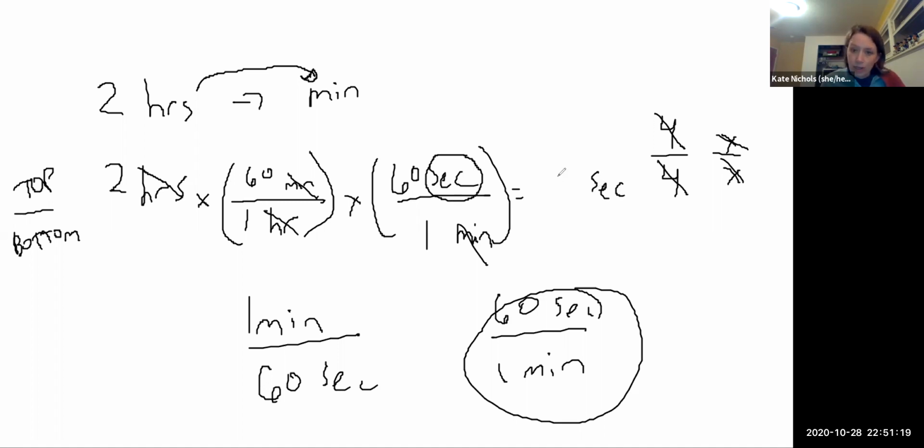The way you do it is, again, I'm going to draw a line for the top and the bottom. And I'm going to find all the values that are on the top of the fraction. I've got a 20 and a 60 and a 60. So those all have to get multiplied by each other, 20 times 60 times 60 on the top. Then I look at the bottom and I have a 1 and a 1. So at the bottom, I'm going to do 1 times 1. So in your calculator, you're going to type in 20 times 60 times 60 divided by 1 times 1, and you're going